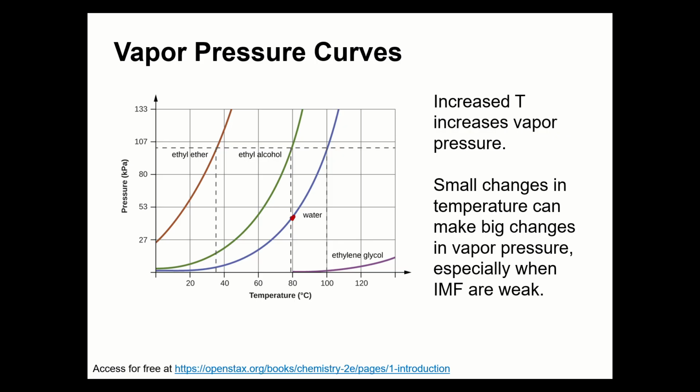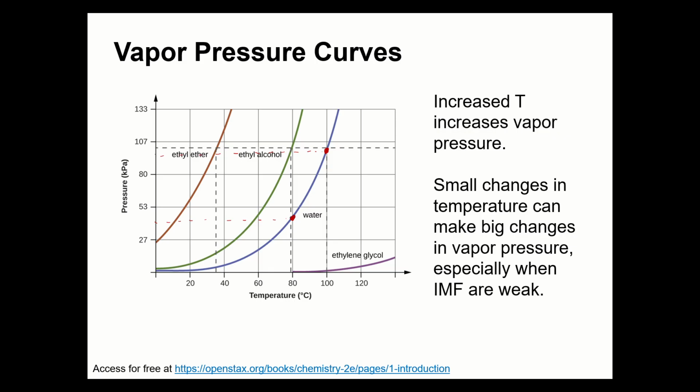But right here at about 80 degrees Celsius of water, and we compare that to a change of 20 degrees Celsius up to 100, so going from 80 to 100 degrees Celsius, that 20-degree change can make a big difference in the pressure because we see that it's less than 50 kilopascals beforehand,